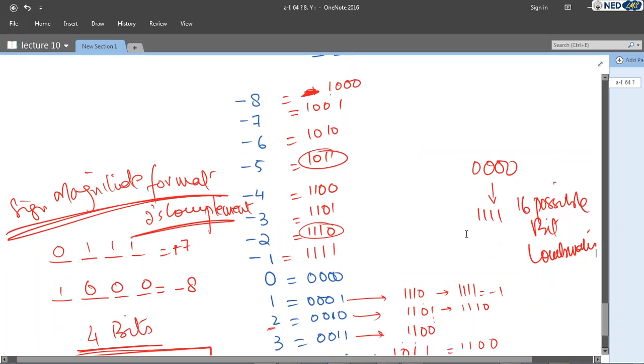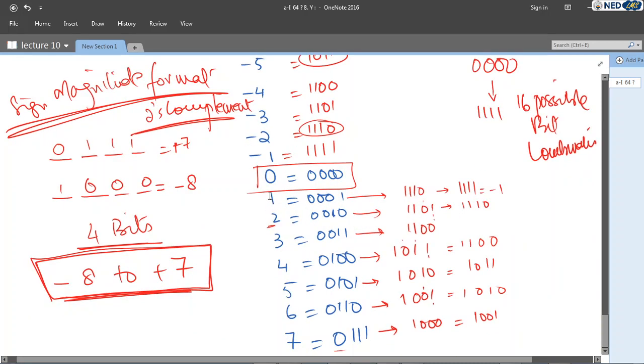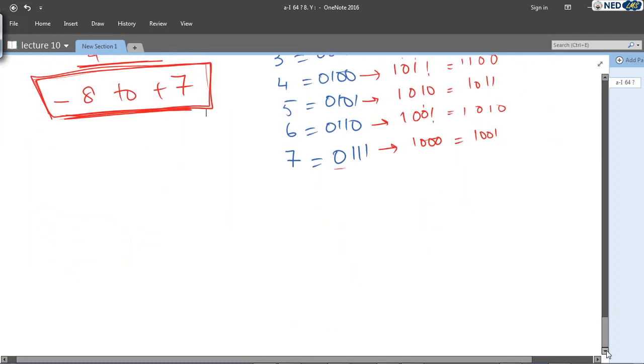So we still have 16 possible combinations, but due to this, we are also counting the zero. So we have the maximum possible range going from minus 8 all the way to 0. That is 9 combinations, and then we are left with just 7 more combinations. So we still have 16 combinations, but the range goes from minus 8 to plus 7. That means we can develop a formula. If we have 4 bits,